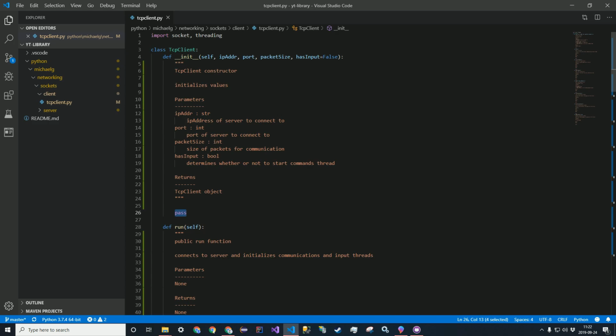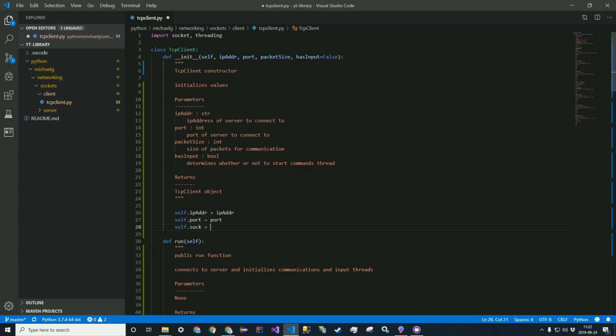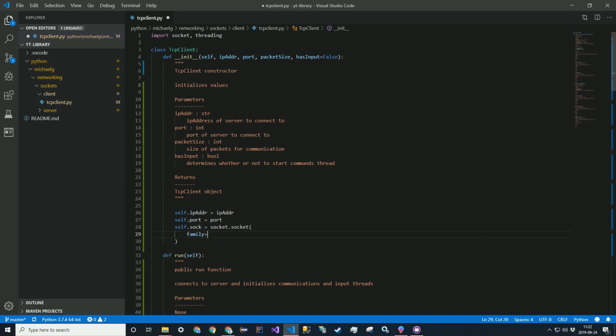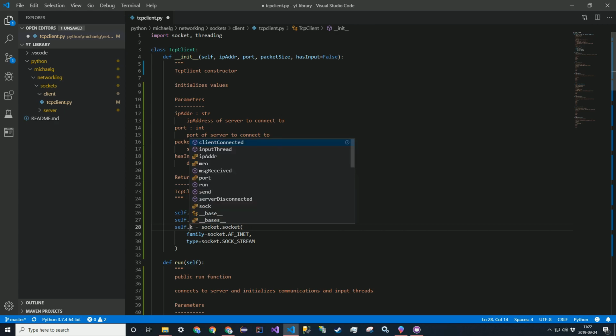So the first thing we're going to do is self.ip_address is equal to ip_address, self.port is equal to port, self.sock is equal to socket.socket. We're going to go family equals socket.AF_INET, and then type is equal to socket.SOCK_STREAM, and let's make this a private variable. And just to follow the naming convention, we're just going to make this client, since the socket for the server was called